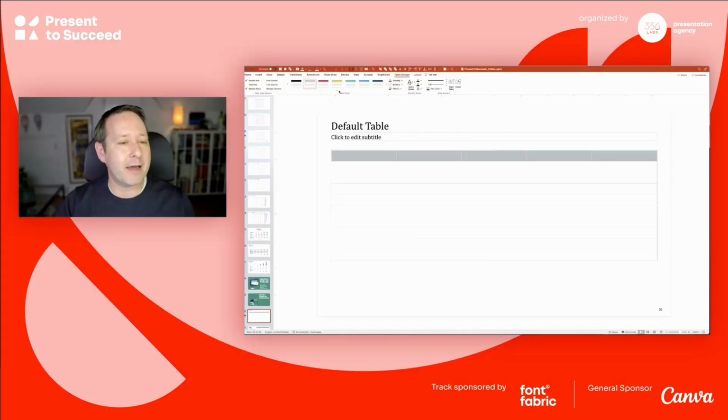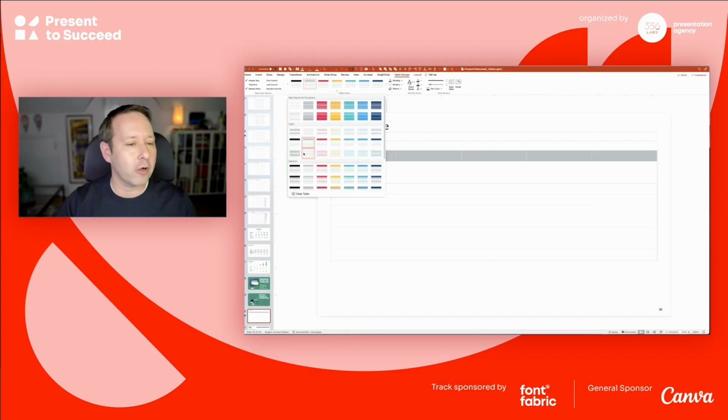There's a default, just like there's a default shape, and you can set these, but they can only be set from the gallery, meaning your default table. Look how ugly these are. They are picking up your color palette, which I guess is their heart is in the right place. They're like, we want your tables to be on brand, but look how ugly these are.